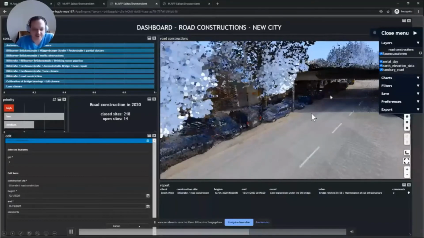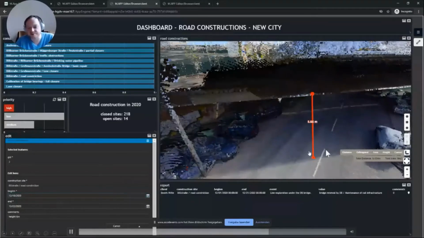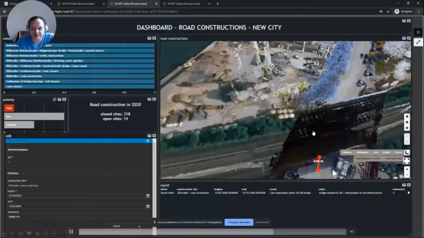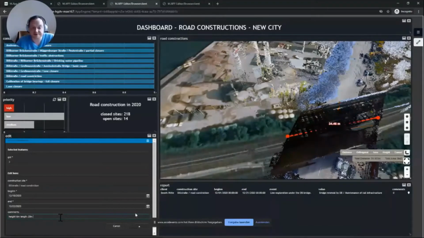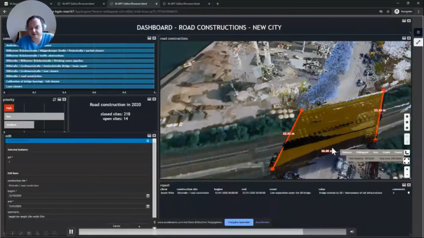So in this case, I can now use the technology which is out of the box and make a measurement to find, for example, the height of the bridge. So I can provide the information, okay, it has to be less than 5.6 meters. But of course, I can do all of the measurements within the space. So how long the bridge is, what is the maximum width, and all of that stuff. Again, as you can see on the bottom, I can just type this information into a very simple form and share it with just a click on save, also with the company doing the whole construction site.